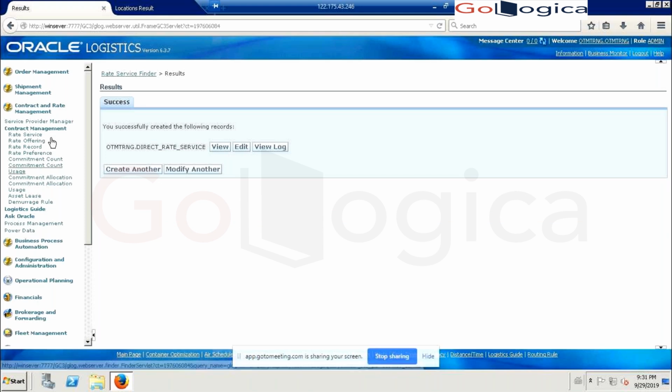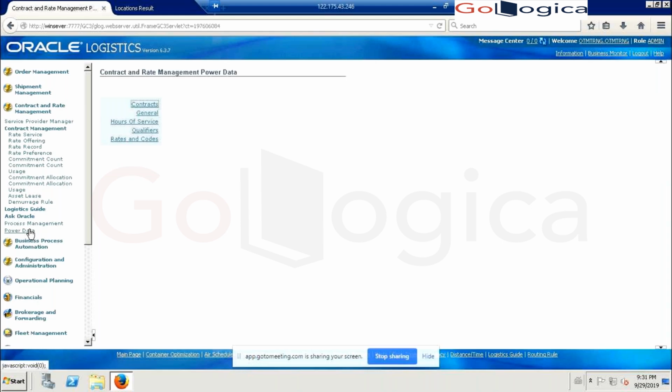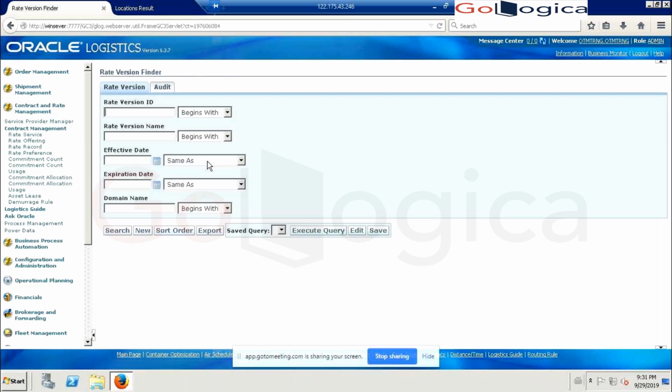Now, before creating the rate offering, we need to create the rate version. The rate version will basically define the validity of the rate offering. Okay, so rate version is mandatory.